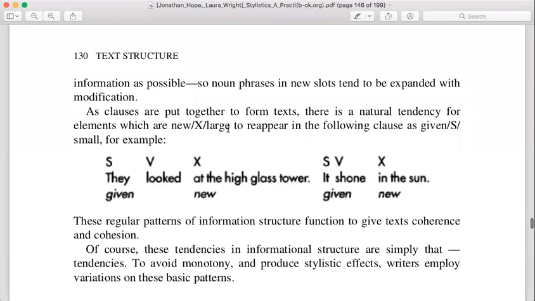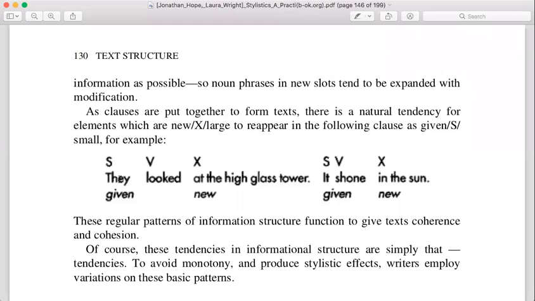As clauses are put together to form text, there is a natural tendency for elements which are new, new we are representing with X, and we say that those are large, to appear in the following clause as given. Given information is S and therefore small. Now, this is a pronoun, okay? They, right? So, if this sentence follows another sentence and we assume that this is the second sentence,